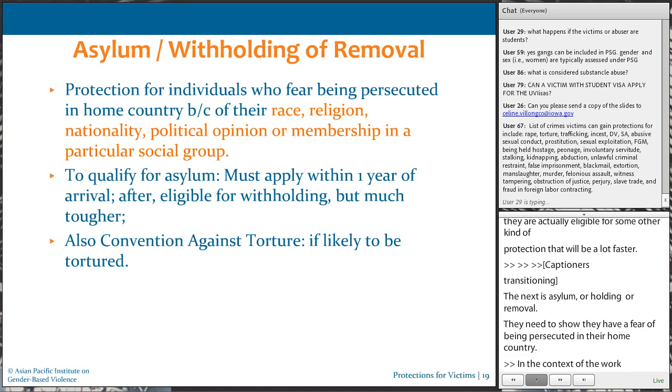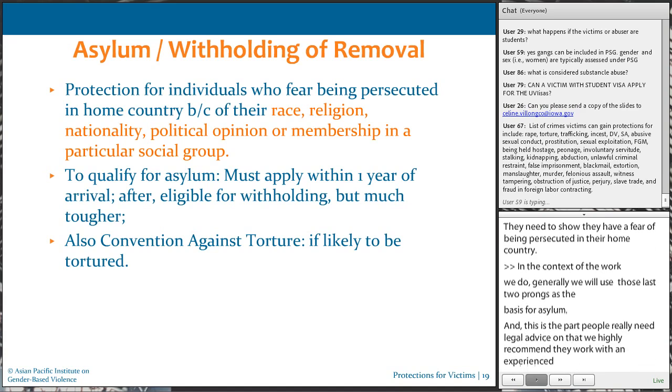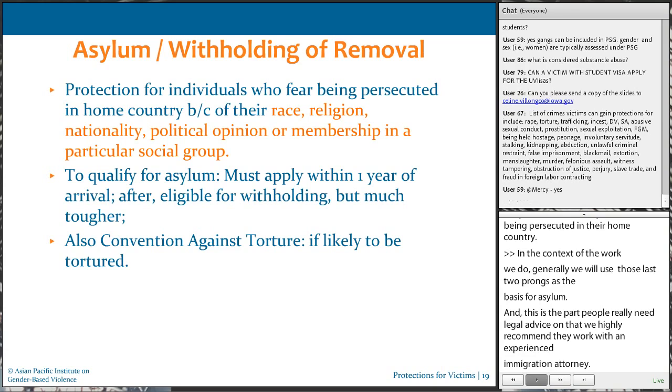And this is the part that people really need legal advice on. We highly recommend that they work with an experienced immigration attorney, because how that particular claim is formulated or articulated to USCIS will determine whether or not the person is going to be able to win their claim. And so, for example,